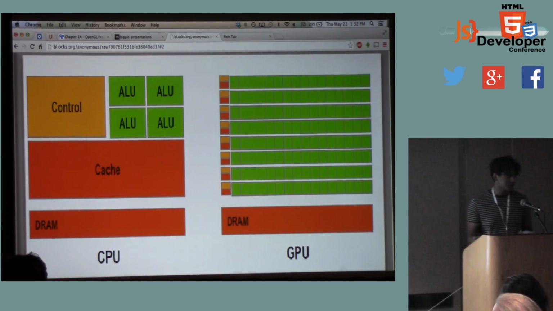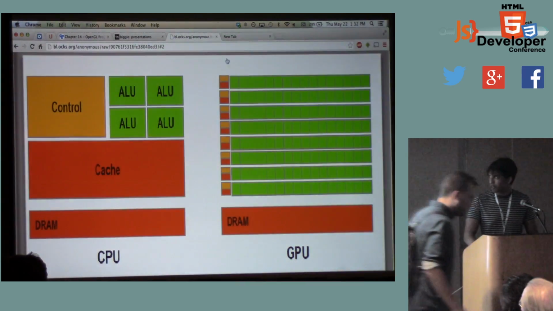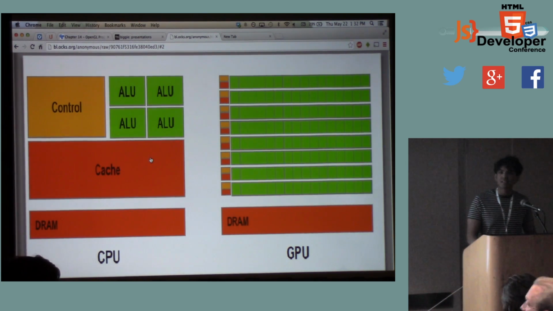And here's just a picture of basically how your